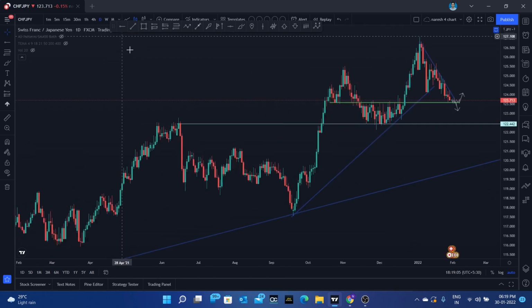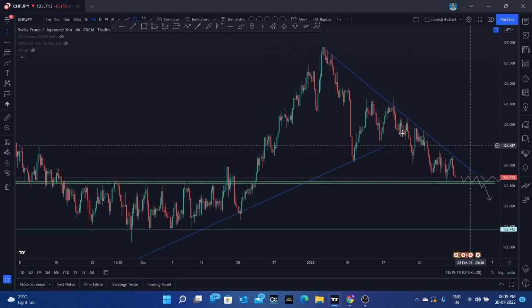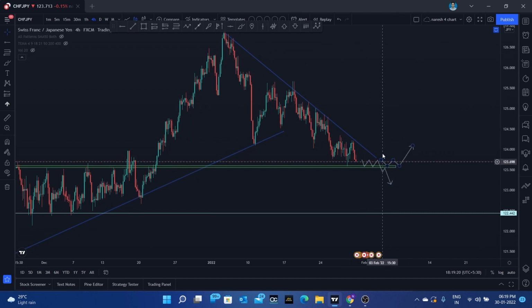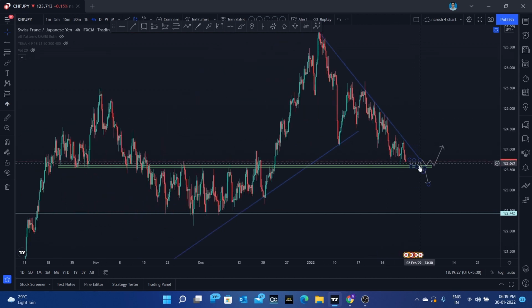We can see in the 1 day time frame it is already making a higher high, but right now it is in an important support area, which is a previous support area, and we can expect both kinds of things. If it is making some kind of consolidation and breaking up with good momentum, you can go for long entries, guys. If it is making consolidation and breaking this support area, you can go for a short entry and take this as your target. But if it is going up, you can make a good target here, guys.